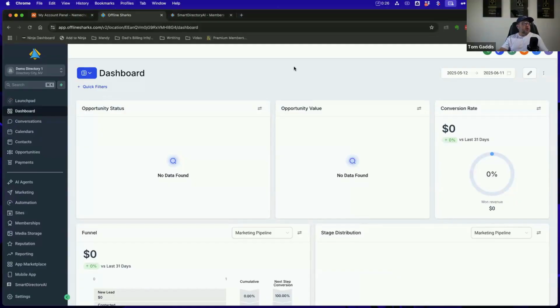All right. So I want to talk first and just address some basic things that need to be in place in your HighLevel account to make workflows really work for you, so that you can win with workflows. There's a couple of settings that you want to make sure, a couple of things that you need to have connected before that. For all of you on this call right now who is one of my Smart Directory AI